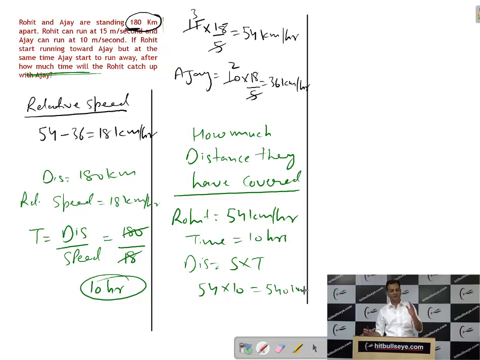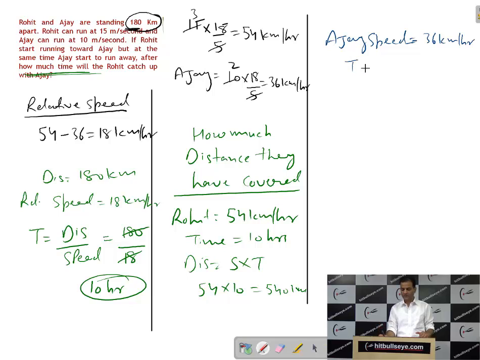You should understand the distance covered is not 180, because when Rohit is moving, Ajay is also moving. Rohit is moving 54 kilometer, Ajay is moving 36 kilometer. So that means both the bodies are moving. But now just see with the case of Ajay. Now speed of Ajay's speed is 36 kilometer per hour and time is